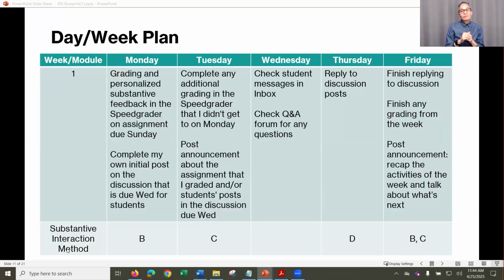And then after you list those interactions, look at those different methods for substantive interaction. I'm grading, providing feedback. Yes, this meets this method. I'm facilitating a discussion. Yes, this meets this method. For each of the interactions that you're doing, just mark which methods you're meeting. For each week, are you doing a minimum of at least 2 interactions? And of those interactions, are they meeting at least 2 of those 5 different methods? If you are, then you're good for our RSI.